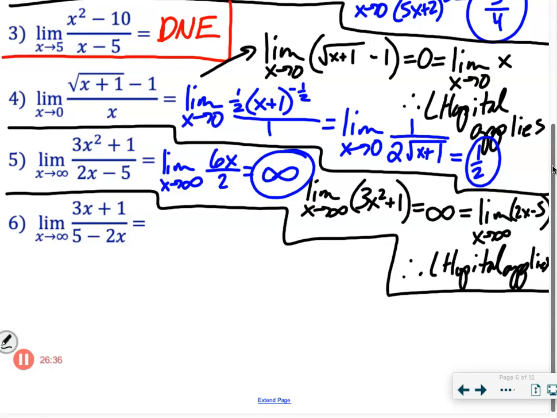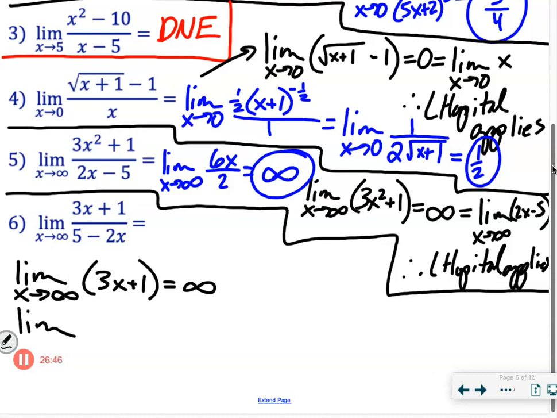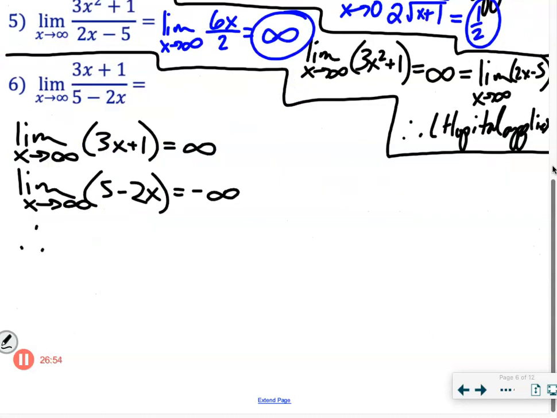So to justify this one, you would have to say the limit as x approaches infinity of the top equals infinity, and you would say the limit as x approaches infinity of the bottom equals negative infinity, therefore